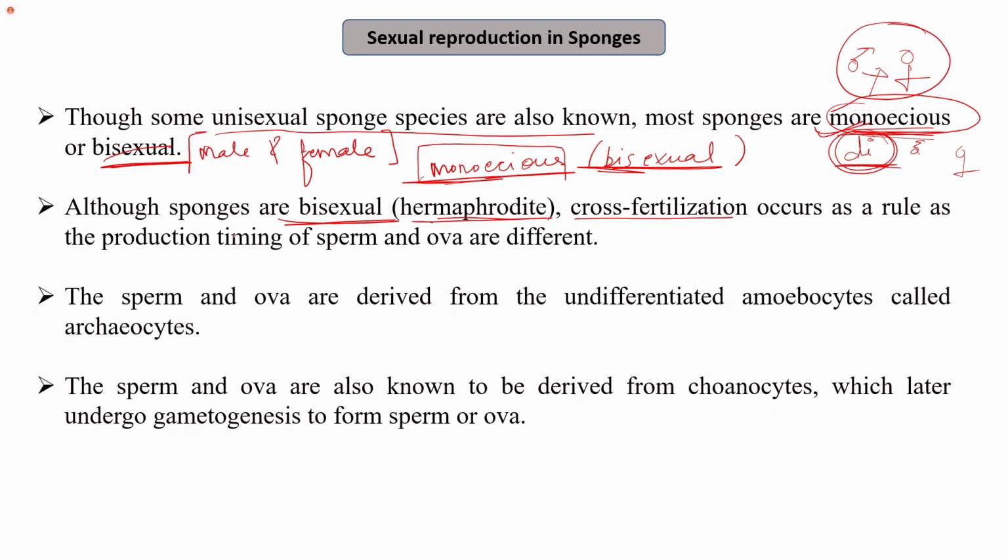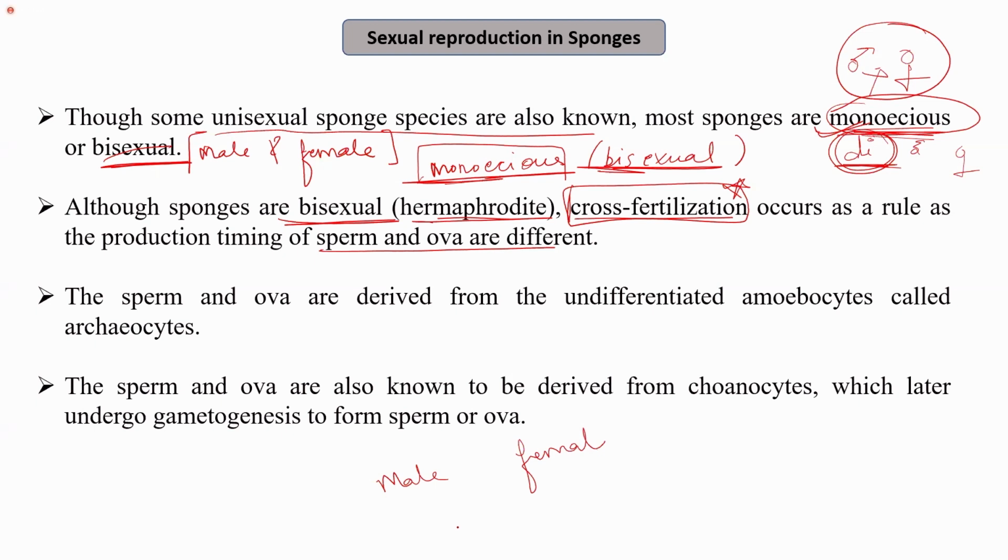Cross-fertilization occurs as a rule, as the timing of production of sperm and ova are different. So we may call that why cross-fertilization is happening in this case. What do I mean by cross-fertilization? We will also need to know that. Basically, when we are saying that both male and female organs are present in the same individual, what we will expect is that the